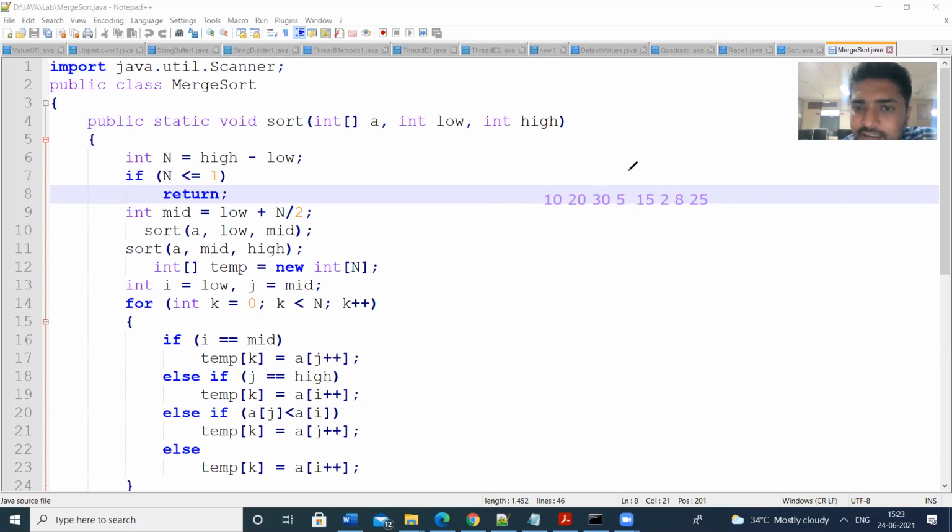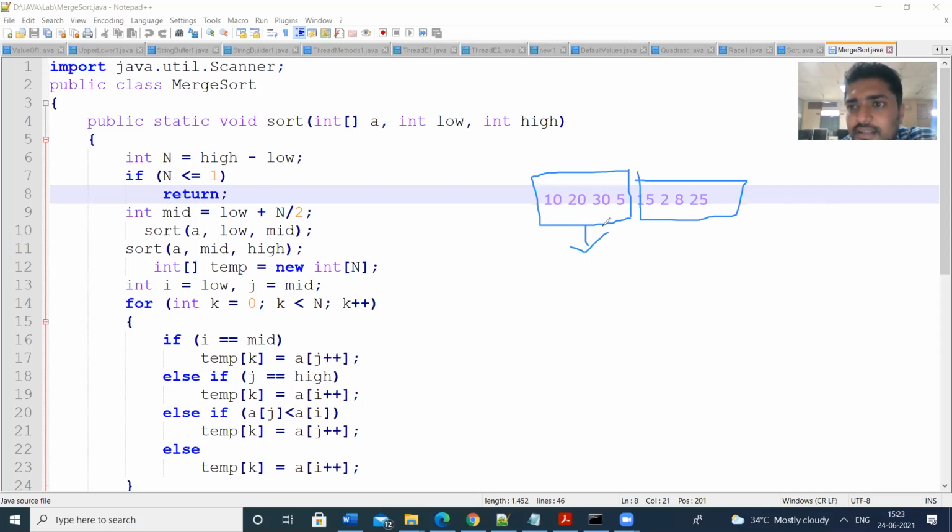Then we have to divide the array into two parts. This is the first step. We identify the size of the array, and then we divide the entire array into two parts. Then we can divide these 4 elements into another division.